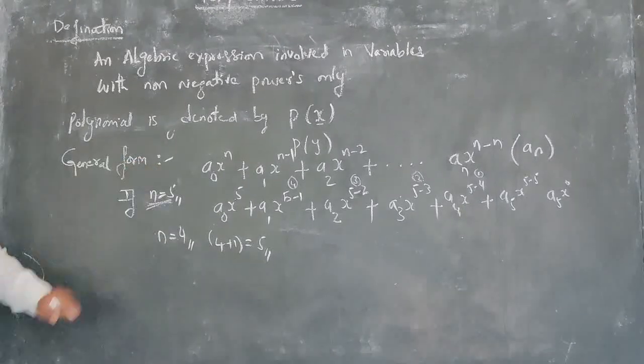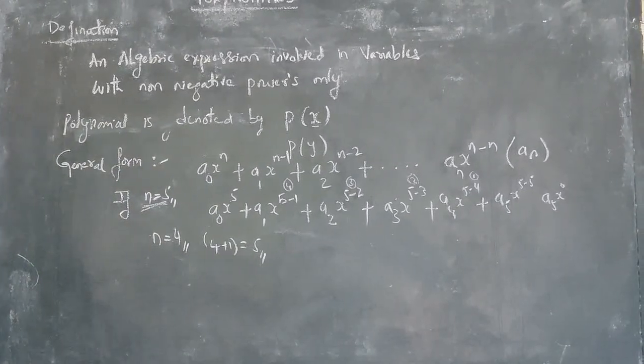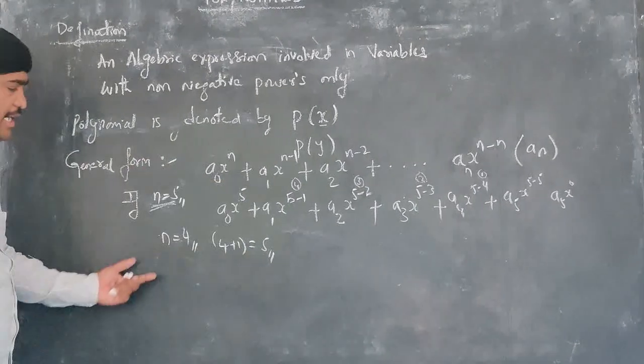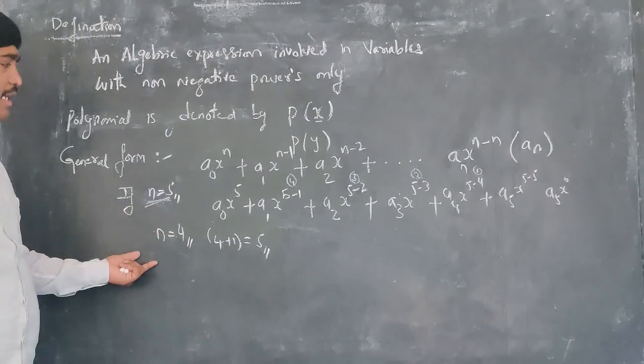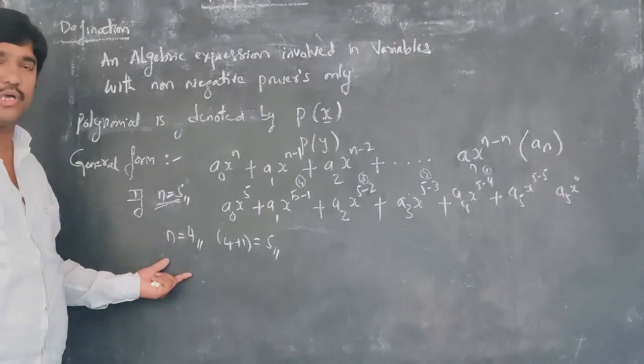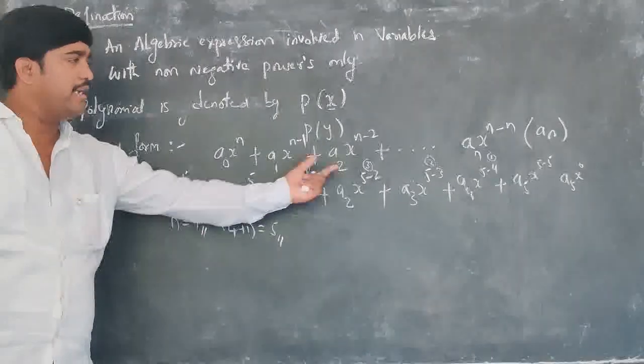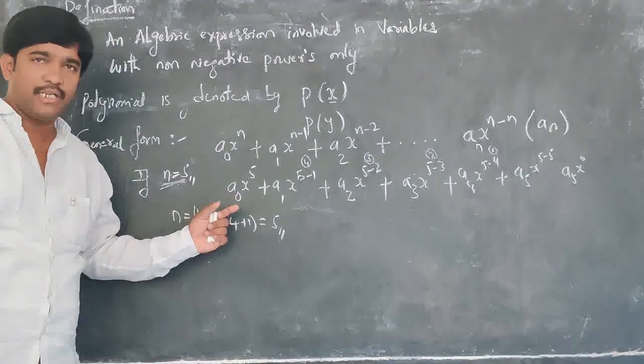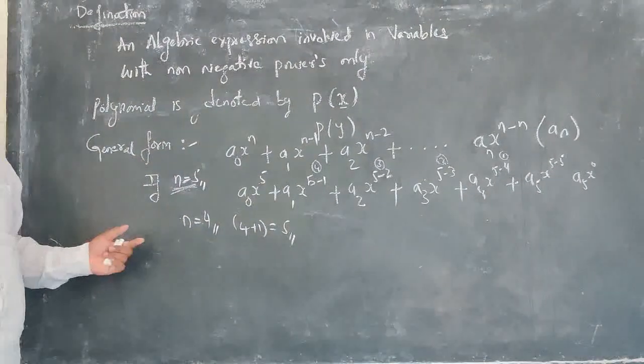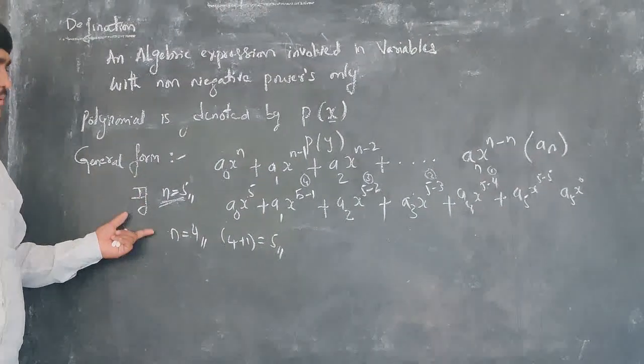Now the general form of this one is nothing but, this is how we go on to write. We can write unlimited terms here, nothing but 10 terms, 20 terms, 30 terms, and so on. But it is time consuming to write and solve this. But up to our syllabus, in our 10th class syllabus, we have up to the power 3 only, nothing